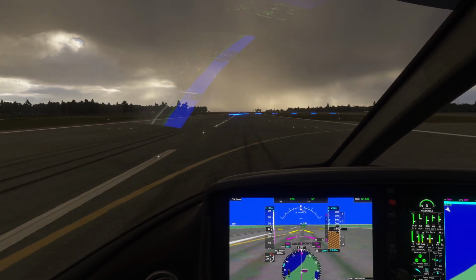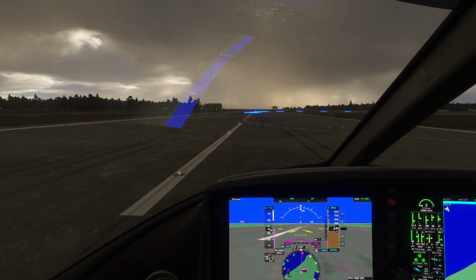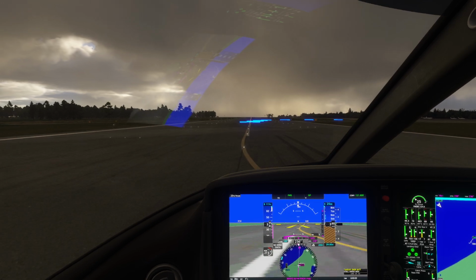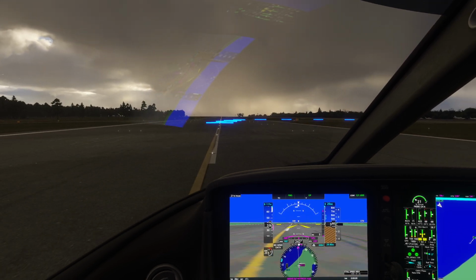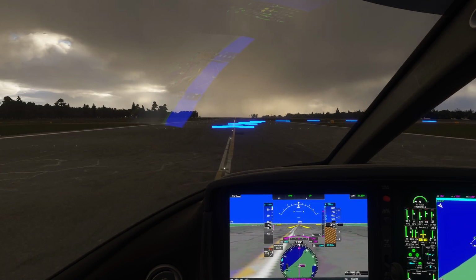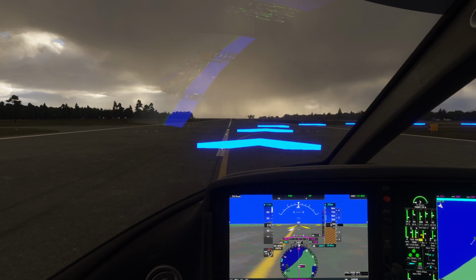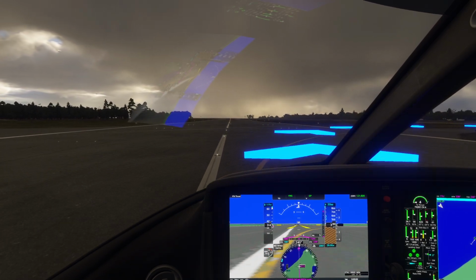Woohoo! That was fun. So as you can see, the G3000 system is much better than my landing. But at the same token, as you can see exactly how it does so much work here for you. It makes your life so much simpler and kind of takes a lot of the bite out of a lot of these types of flights. So when you're planning them,